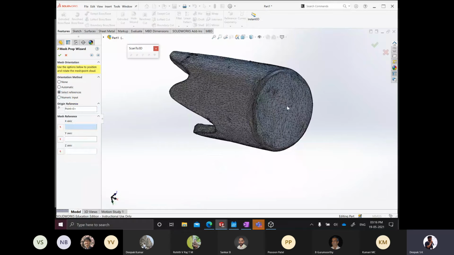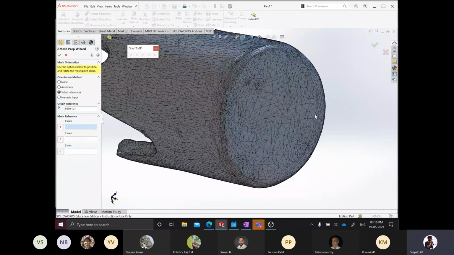And now the x-axis. So the x-axis is this direction. I'm taking this direction as the x-axis. Now select any one point, any one cloud data point, and I want this to be my y direction, upward. So click on y-axis and click here. Now, as you know, the angle between the x-axis and the y-axis should be exactly 90 degrees, but here we